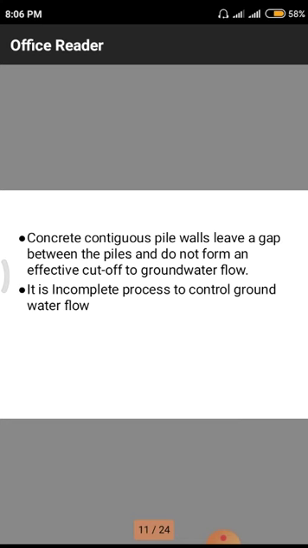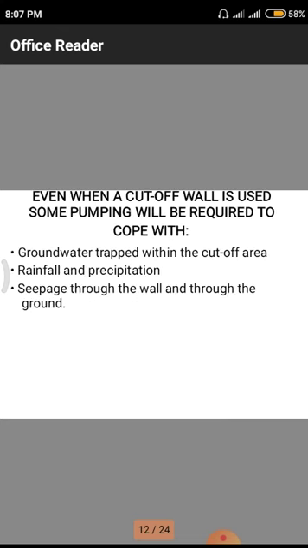Why? Because the total structure is below the ground level. We won't have a proper identification method with our naked eyes, so if there is even a small-scale leakage, automatically that small-scale leakage will lead to a big problem for the structure. This is the main thing he wants to tell.